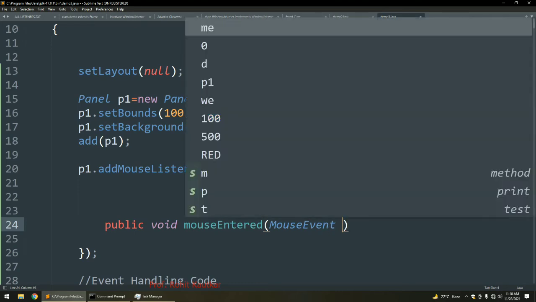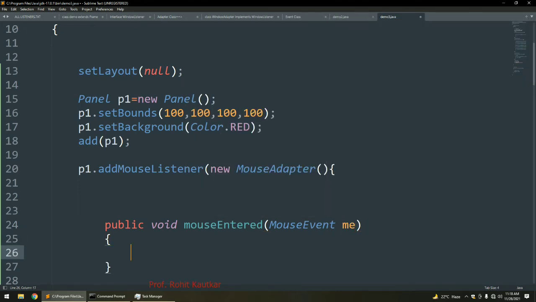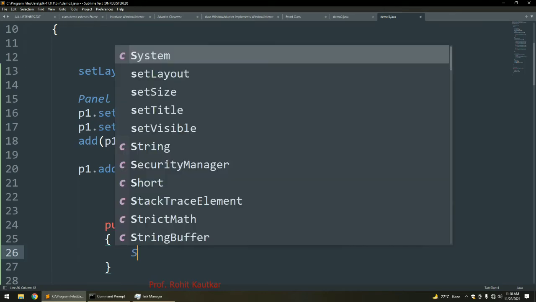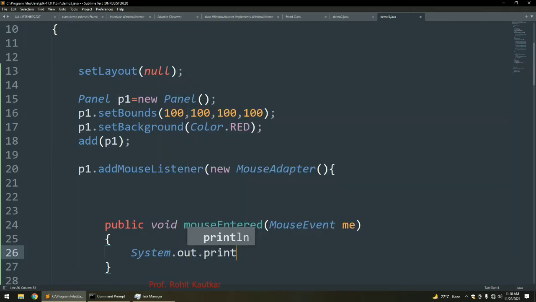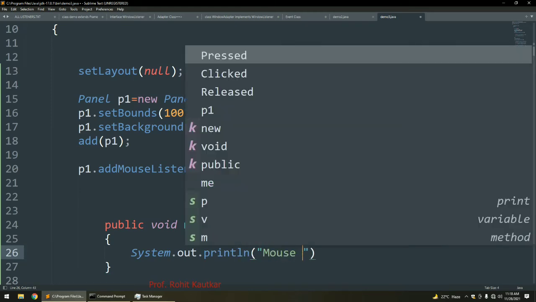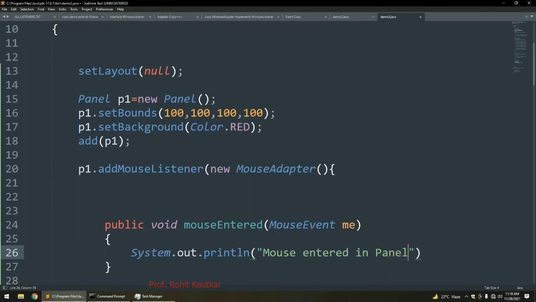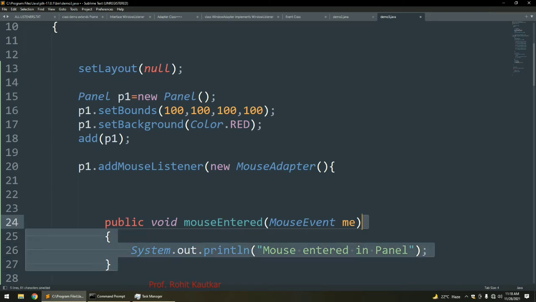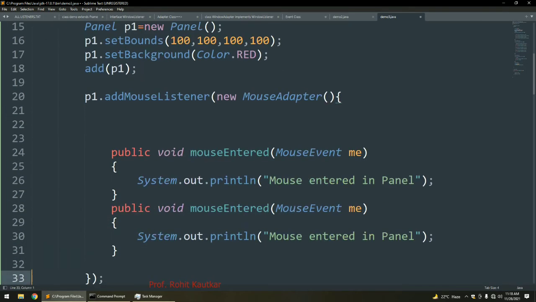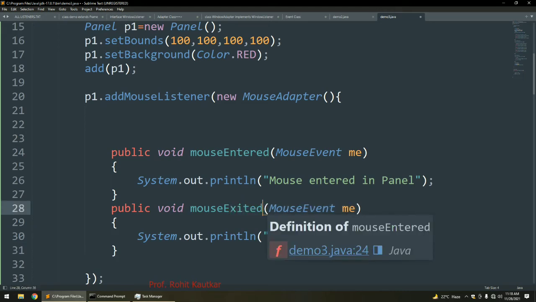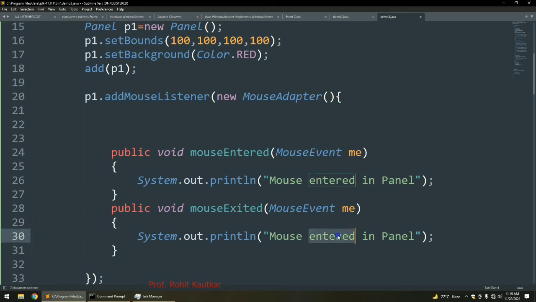and which object is required here? MouseEvent me. And what statement do I want here? System.out.println, and I will write the statement "mouse entered in panel". I will duplicate this, and make the change: mouseExited, and write "mouse exited from panel".